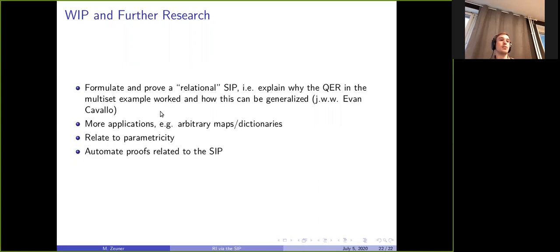And of course, we'd like to have more applications. It would also be interesting to see how this relates to parametricity, and then maybe have some of the proofs involved that actually concern the SIP automated.